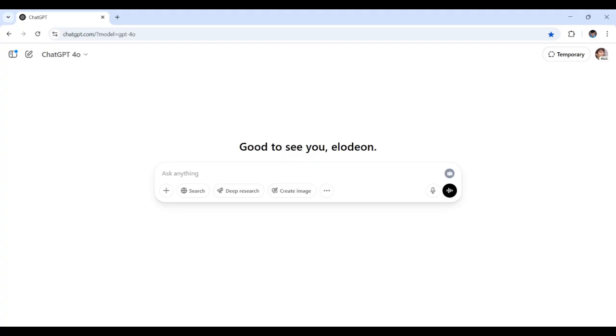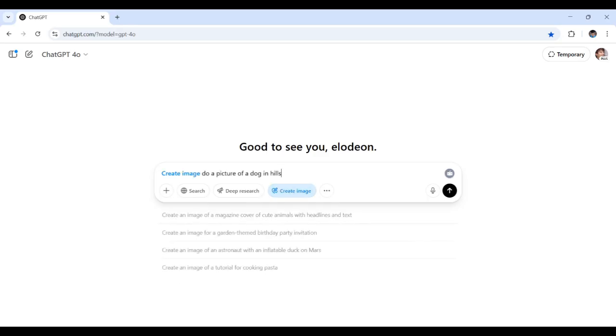One way is to just ask ChatGPT to do a picture of a dog in, let's say, hills. Or you could just click this one right here, create image, and there are suggestions